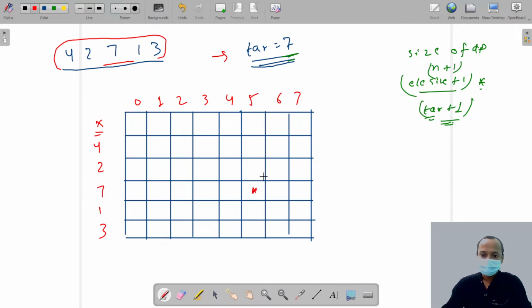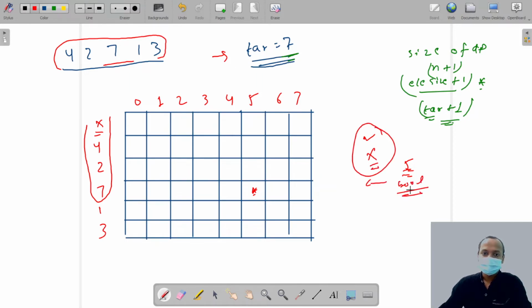It means we are given target 5, and we see whether there is any subset present in this array whose sum is equal to our target, 5. If yes, we store true. If no, we store false. So this is a boolean type DP.